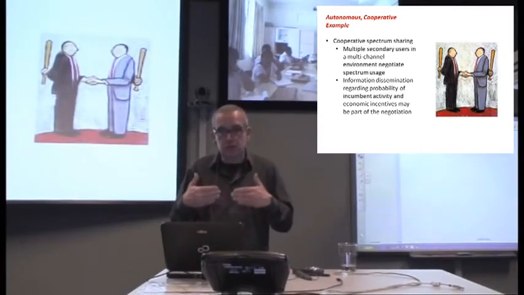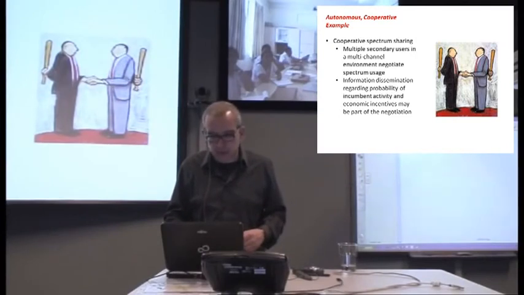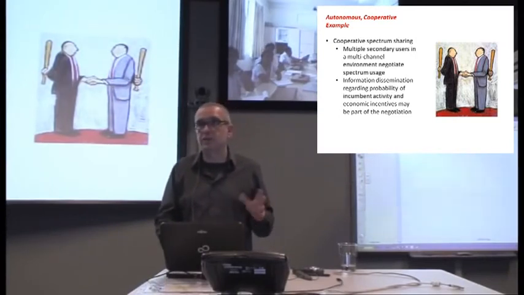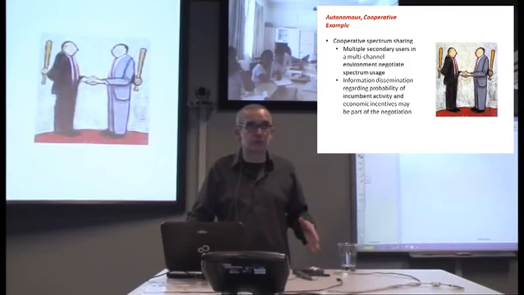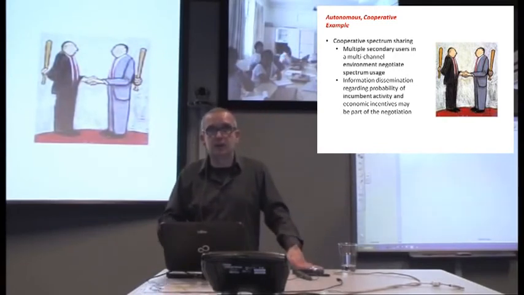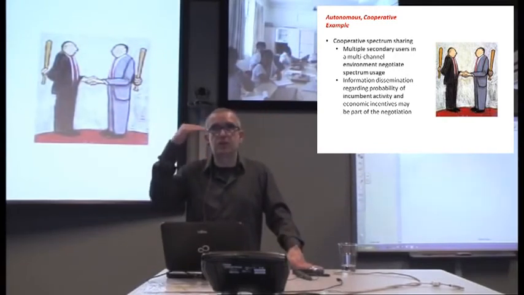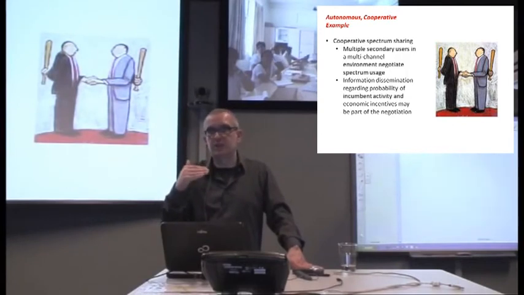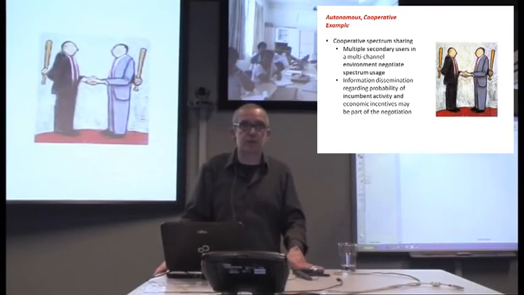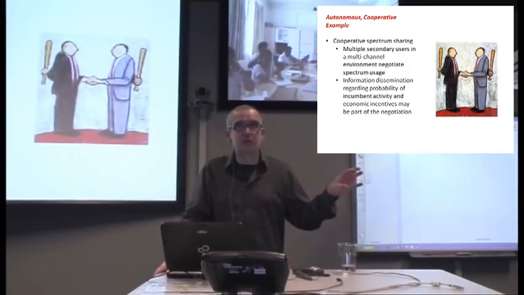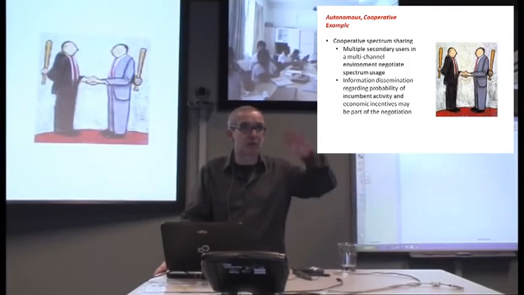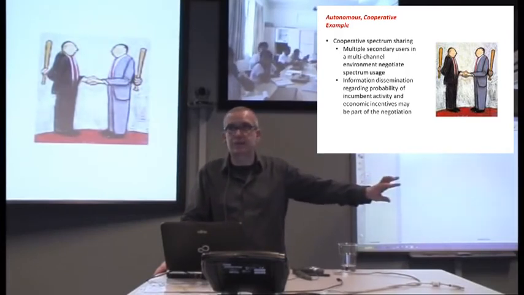So there's some work on this idea of secondary users cooperating in the opportunistic use of spectrum, which, by the way, is often forgotten in the literature. So a lot of, especially the early work, is very much about the secondary user and the primary user, and how does the secondary user use that spectrum when the primary is not present. But the reality is that there might be multiple secondary users that also need to worry not just about the primary, but about the other secondaries.